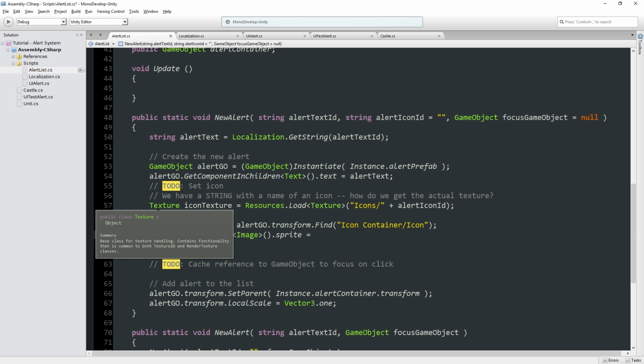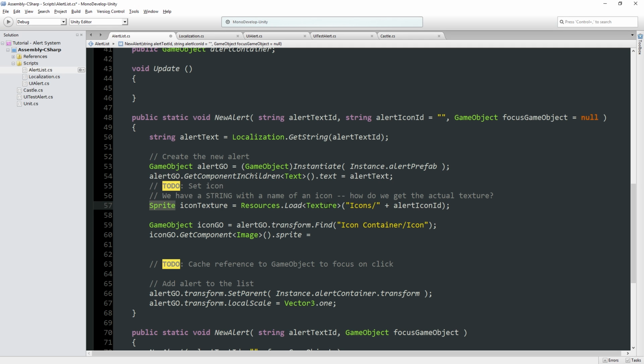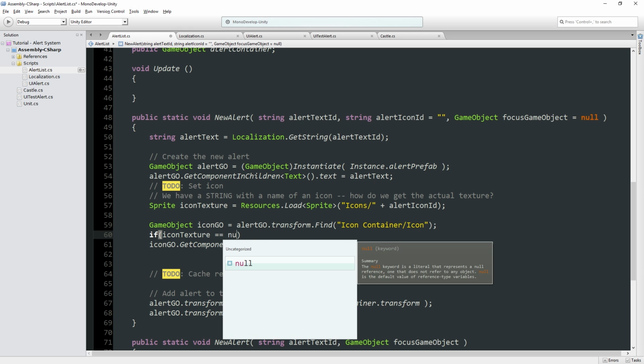Which, can we load this as a sprite? I mean, if we can't, we can make it work, but let's see what happens if we do this. So this might be setting sprite to null, which is fine. But in fact, I think if sprite turns out to be null, I mean, we could do that, but I think what we probably want to do instead is something like, if icon texture is equal to null,